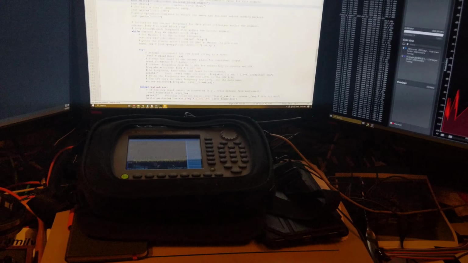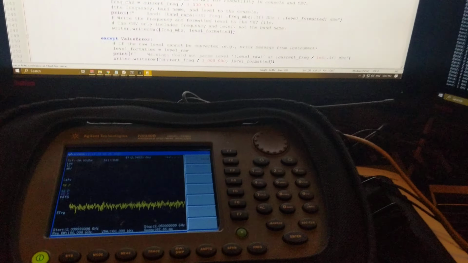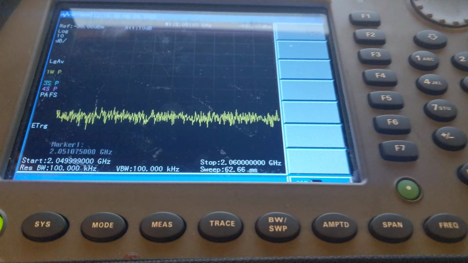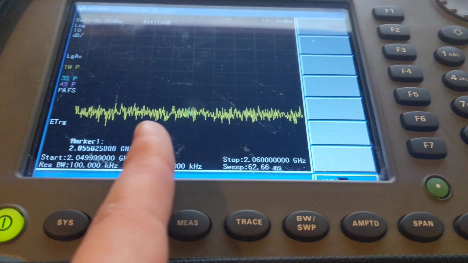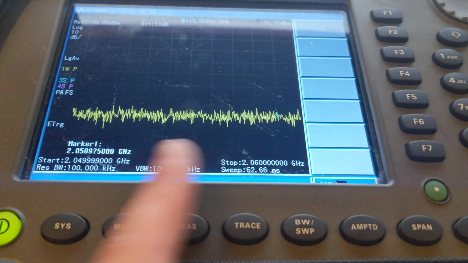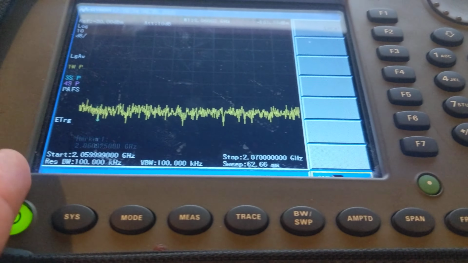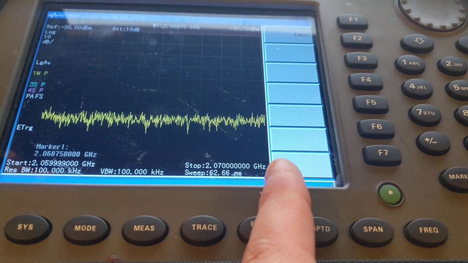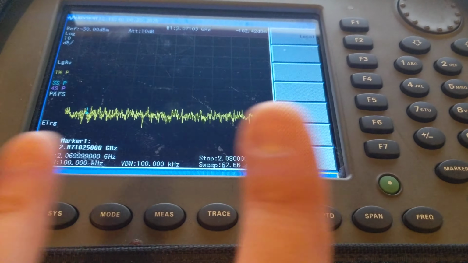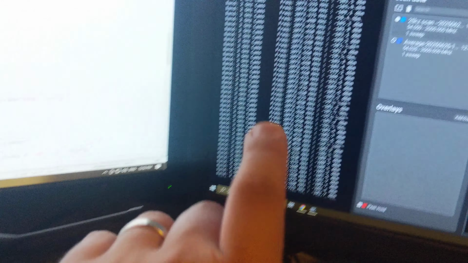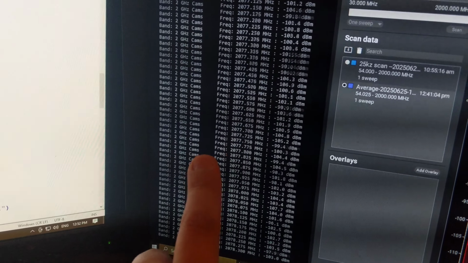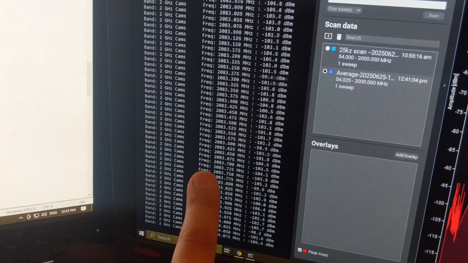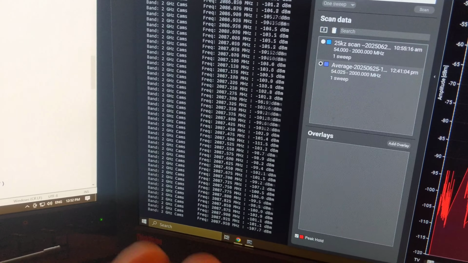Okay, I am on version 4 of this software, and the major difference is that instead of a large scan window, it's only a 10 megahertz scan window. So anytime the frequency I'm scanning is divisible by 10 megahertz, it readjusts the window. So what you'll see is every 10 megahertz, it now retunes the spectrum analyzer, so you have a much higher